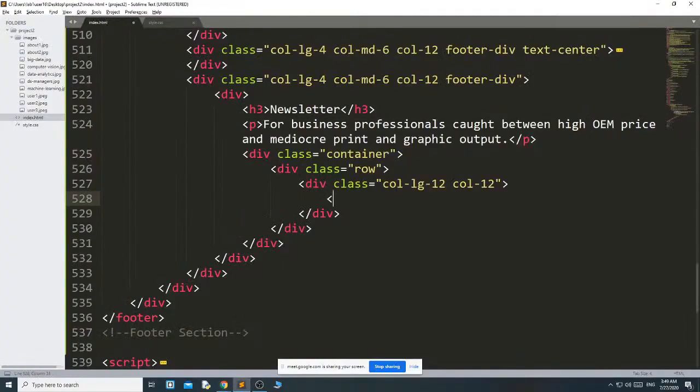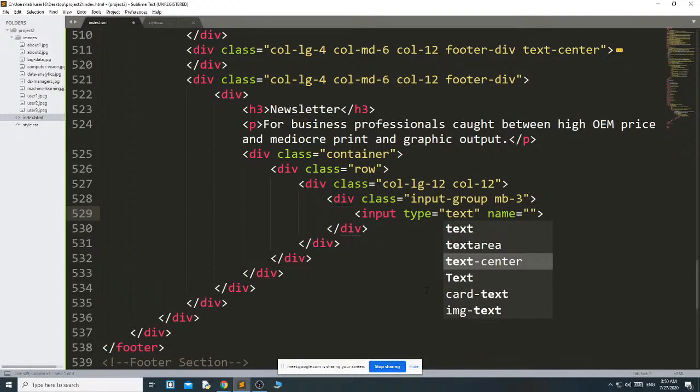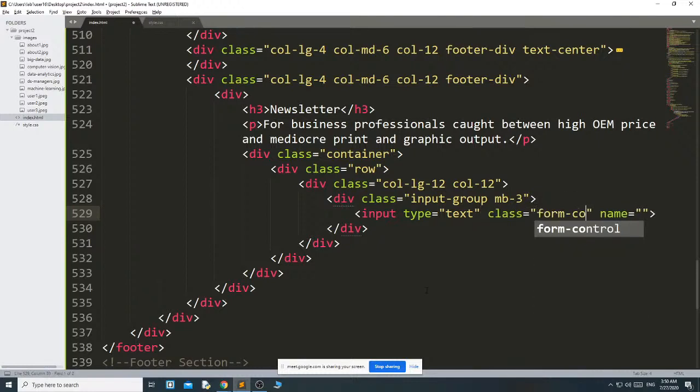Group, that's why I just write div, class input group and margin 3. Then the first one is input type text, class form control,